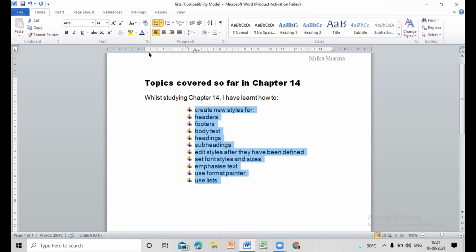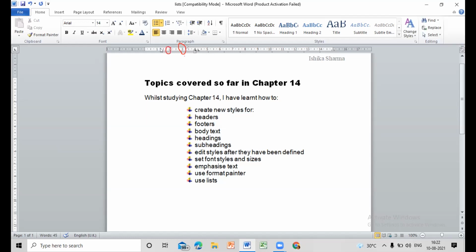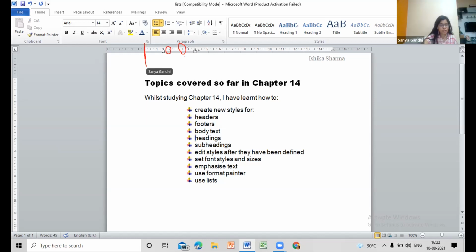Wait. Yeah, this is appropriate. They have mentioned 3, right? They have mentioned in there 3. This is 2. So it should be at least 3. No, it has started from here. The document has started from here. So this is your 0. This is your 1. This is 2. And this is 3. So it should be at least 3. So the distance can be 3 or more than 3. So it is appropriate in here.